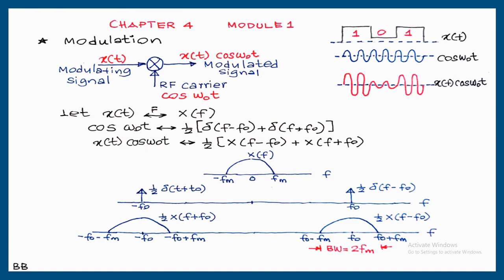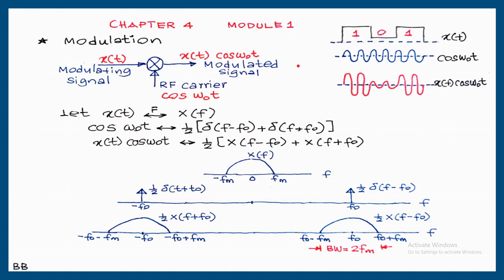The carrier signal is always a periodic signal. The most common periodic signal is the sinusoidal signal, like cos omega 0 t or sin omega 0 t. A product modulator is used for modulation. That is also known as a balanced modulator. The product of the two inputs will be the output. So x of t is multiplied with cos omega 0 t, and the product, x of t cos omega 0 t, is the modulated signal.